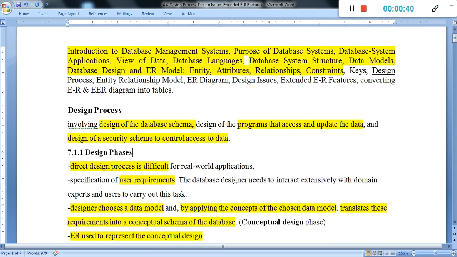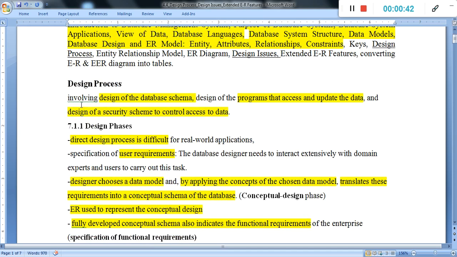Okay, now we will start a design process involving the design of the database schema, means from the point of view of database design, then the design of a program that accesses and updates the data, and the design of the security schema. Means a design related to security, to control access to data.